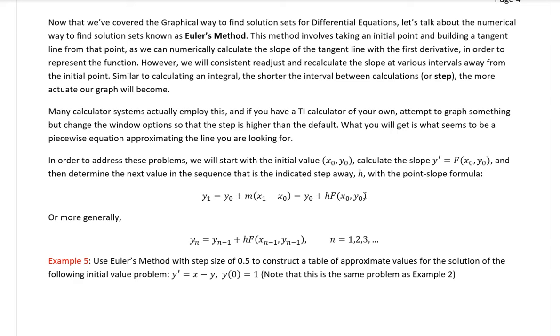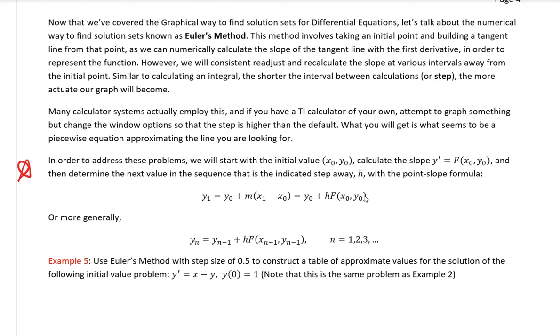Euler's Method is basically finding what we just did in the direction fields and finding what a graph would look like given some initial condition. So if I have some initial condition, what the solution would look like graphically, what the points would be. And the way that this works is more or less we start with the initial value. We calculate the slope of it, and then if we have a value and a slope, so a point and a slope, we can use point-slope form and calculate the next